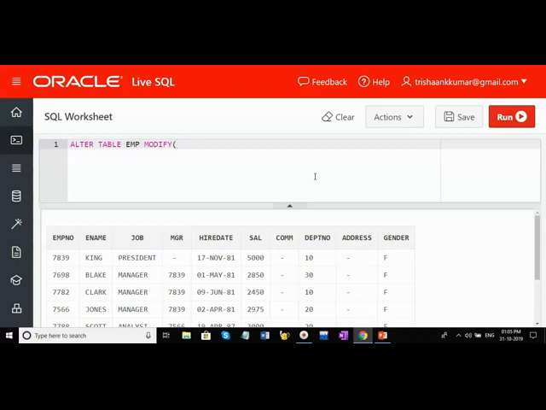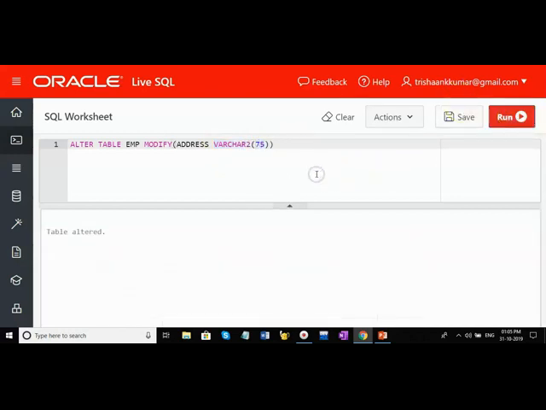Modify, what is the name of my column? Address varchar of 75. Redefine it completely however you want. Already it is varchar2, but still you need to mention the definition with the new size 75. So, to execute: table has been altered.